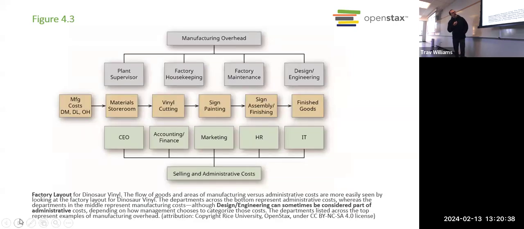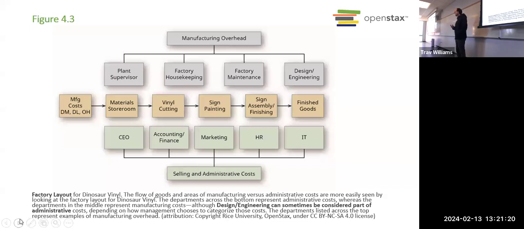Okay, now let's see, let's start here. We know there are three components, right? You all told me direct materials, direct labor, and manufacturing overhead. All production-related costs fit into one of those three categories, right? If it's not a direct material, if it's not direct labor, then it's manufacturing overhead, if it has anything to do with production. So as I mentioned, the company has to receive its materials that it ordered from a supplier, and then it holds on to those materials until they're ready to be used in production.